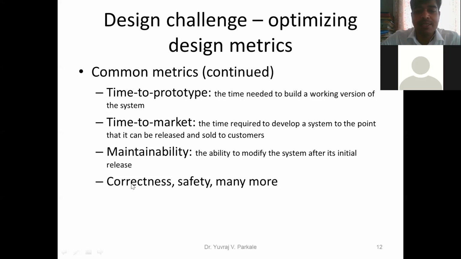Let me give an example. Say you have designed some embedded system and you have installed this embedded system in an industry. Those who have gone to an industry or company know there are different mechanical machines. Those mechanical machines will vibrate at very high speed, and those vibrations will cause the failure of your embedded system. For example, if I put my embedded system over that machine, because of that vibration, it will generate the spike.